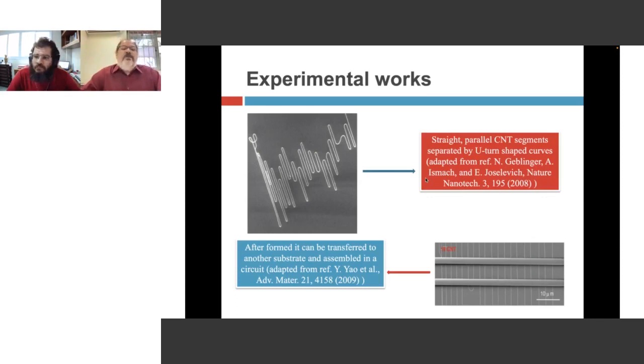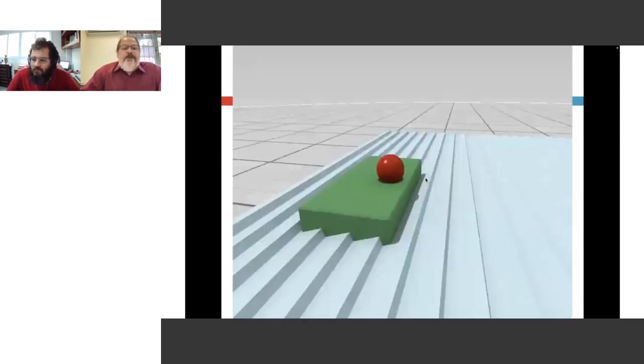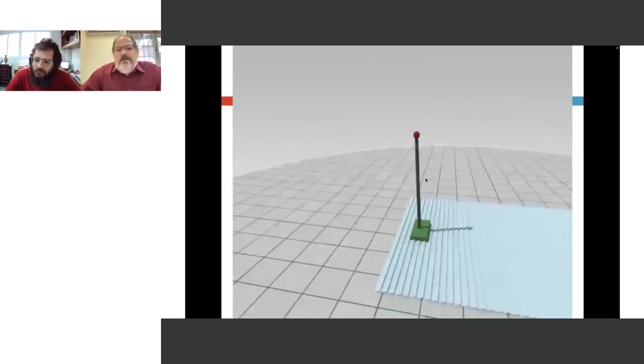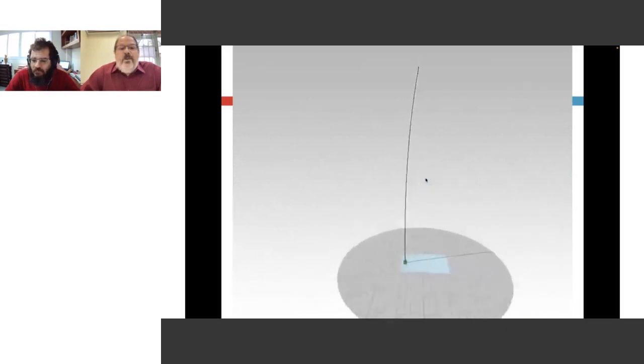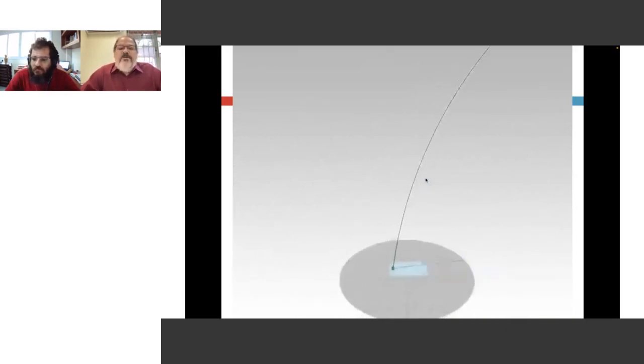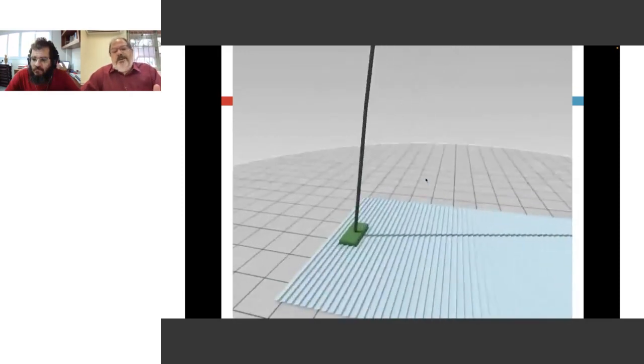An alternative is, instead of producing a large quantity of carbon nanotubes, to synthesize just a few, but long ones. By long, I mean centimeter size. These are called carbon nanotube serpentines. This is an example of experimental work that was pioneered by Ernesto Joselevich in Israel, and now other groups know how to do this. This is a cartoon of how you can make this structure. You use the metal catalyst on top as usual, you grow the nanotube very fast, and use a gas flux to pull it toward the substrate.